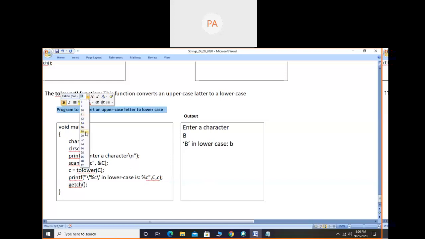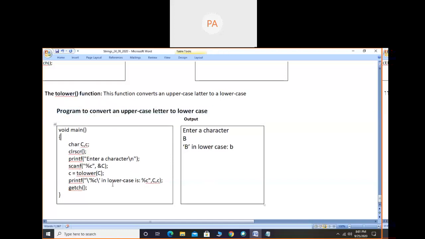So this is a program to convert uppercase to lowercase. It is the same program, similar to the last one. The only thing is I have replaced the function toupper with tolower. That's all. This function will convert an uppercase letter to lowercase. The function name is tolower. When you write the function name, be careful. You should not give any space in between, because however they have defined it in the software, in the same way we have to use the standard library functions. Now you can take the screenshot of this.